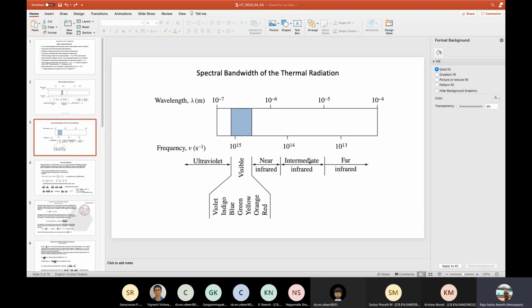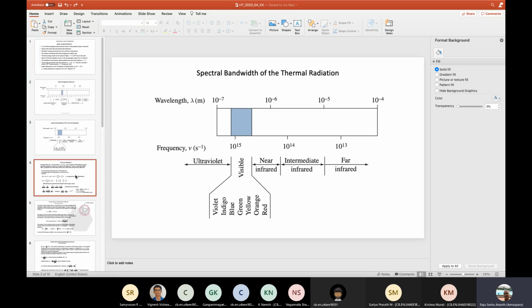But even beyond the visible range, the infrared, you can break it up into 3 regimes: near infrared, intermediate infrared, far infrared. We cannot see them, but there is still thermal energy in this particular spectral bandwidth. Okay, all right. Now I will not go into how the energy is spread in the frequency, but